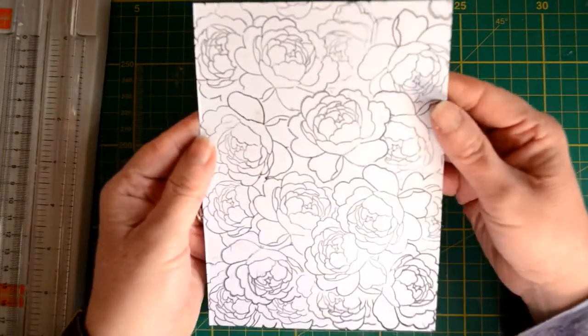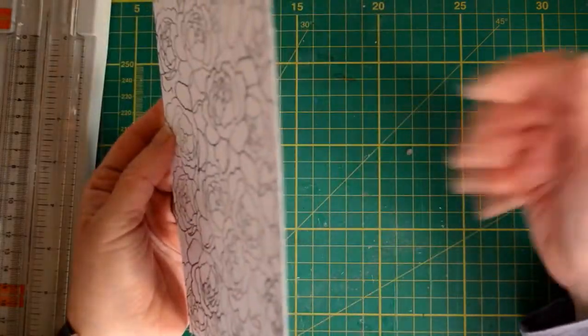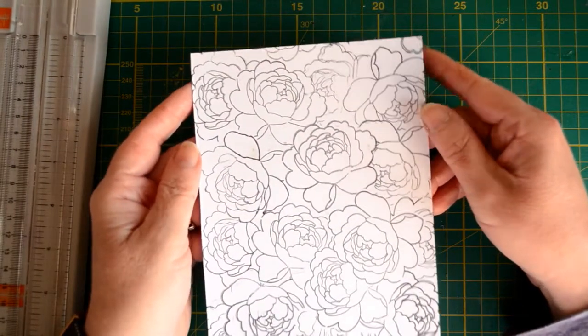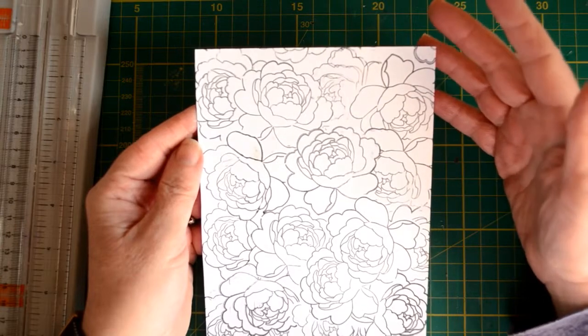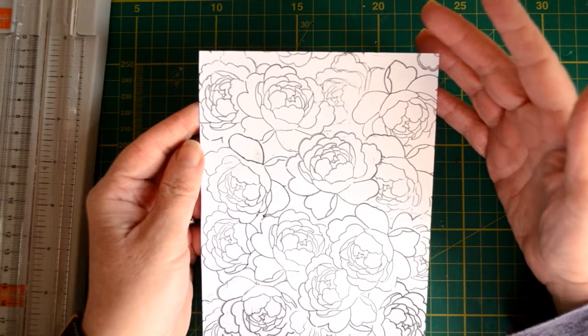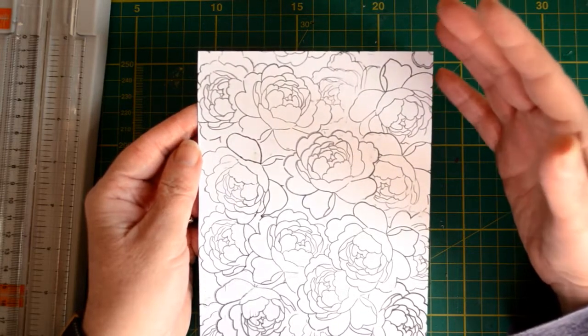I hope you're all well again today, and I'm just on today to show you something that I tried and failed miserably at. I was trying to do masked stamping. Now I think what it was is that I either used a pigment ink and it didn't dry enough, or